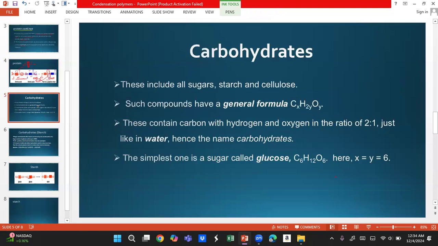Starch is a carbohydrate, meaning hydrates of carbon. So these include sugar, which is starch, cellulose. These are complex sugars. The simple sugars are glucose molecules. Their general formula is